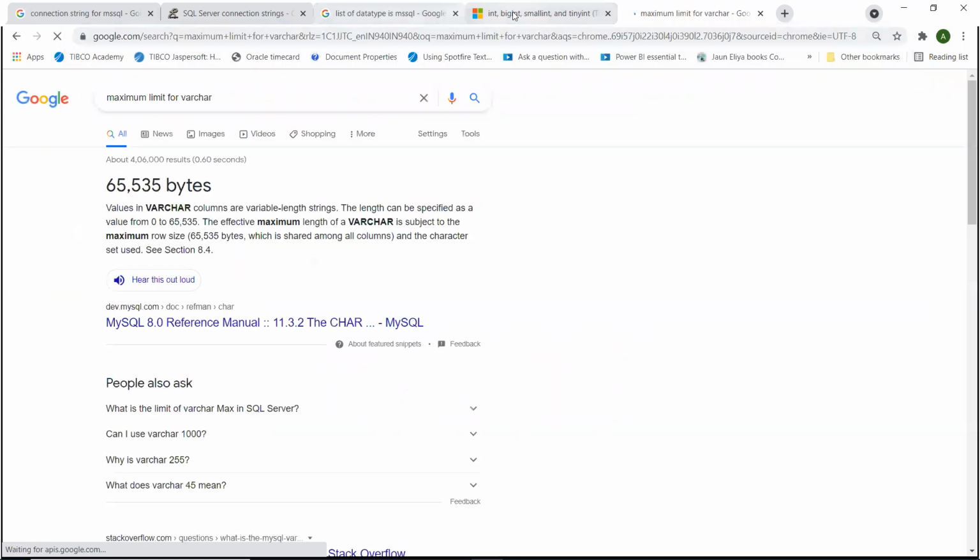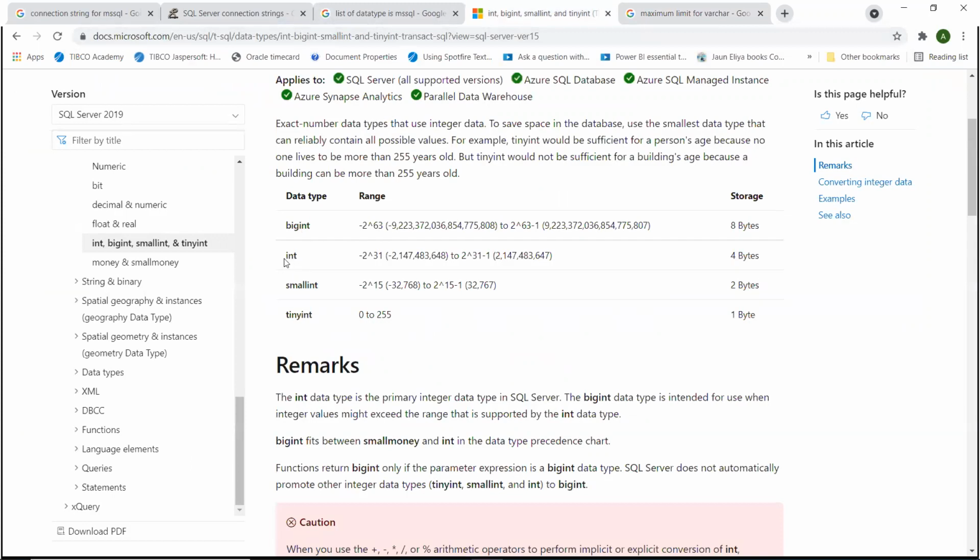If you see here, whenever I have a data type, I have the range for it as well. So I cannot exceed my integer. If I have my column as integer, I cannot go beyond this particular number. I'm not sure if it is the same for all databases, but if we exceed this number, it will go into a cycle. It will come down to the minus 2147 something, and then it will keep on cycling the numbers.